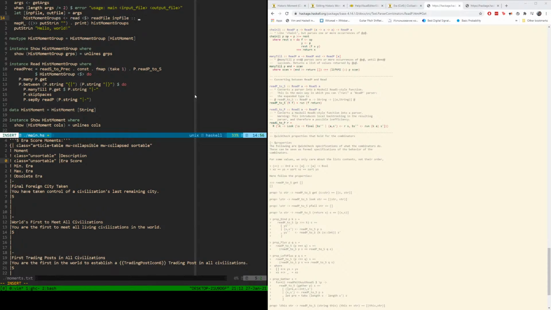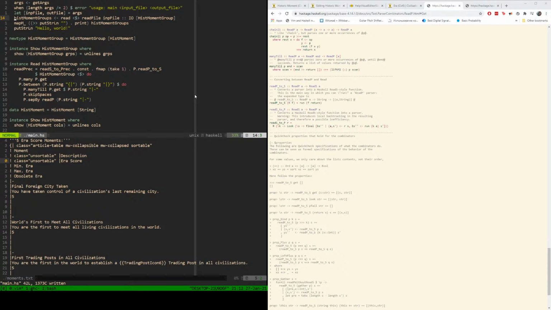So what we want to do here is that it's IO hist moment group, actually multiple of them, right, we need hist moment file to define a parser for them,